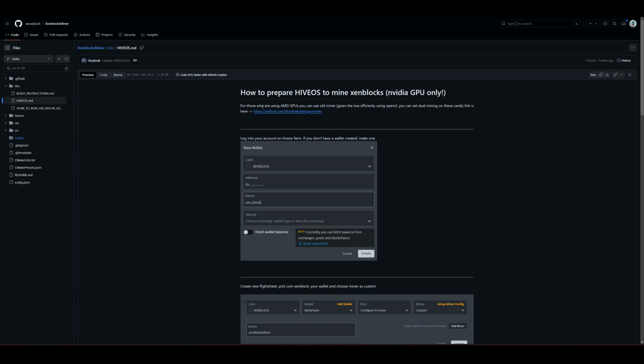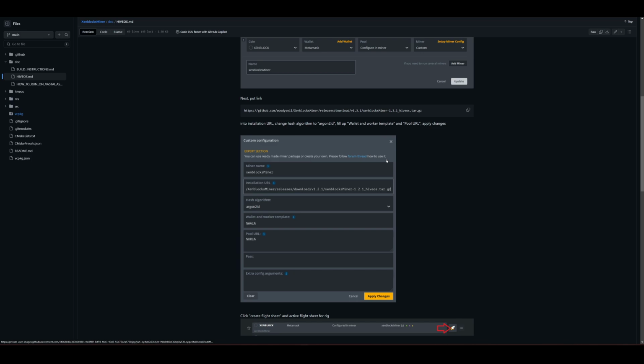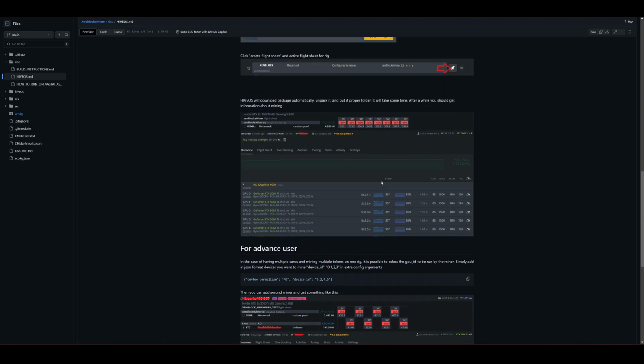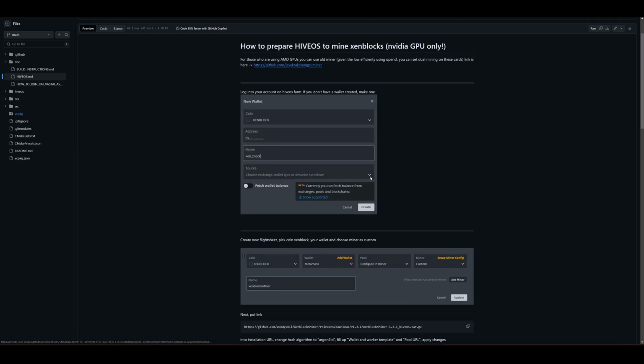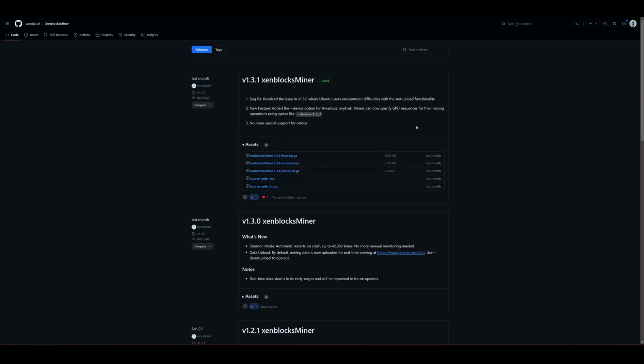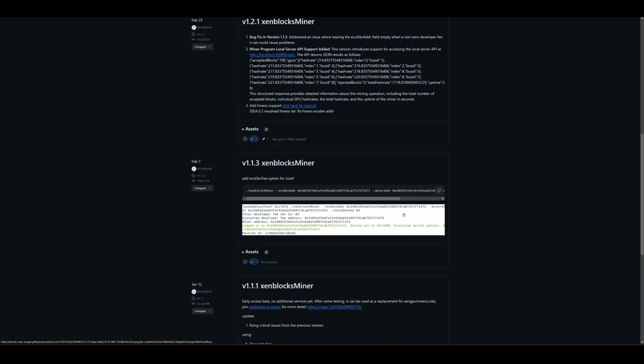I guess this is Levi, I guess that's how you pronounce his name right here. And this basically just tells you how to add the hiveOs image to hiveOs, which we're going to do later or in a little while. I'm just going over all of the prerequisites as it's stated. NVIDIA GPU only, and this is the repository where you actually get the image from to add in to the link. So I've already done this on my previous farm, so